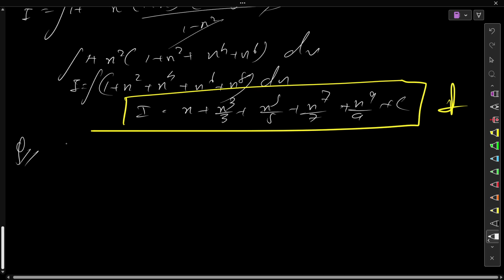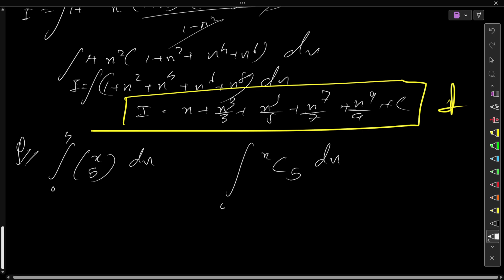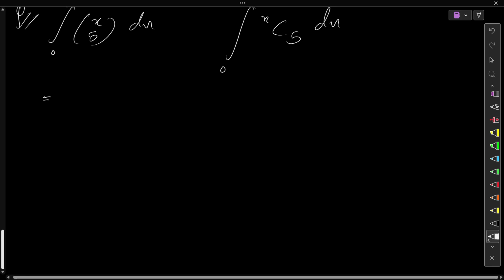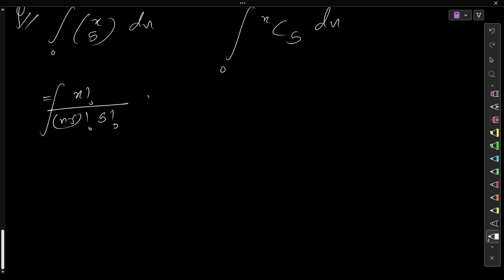Next question is to evaluate the integral from 0 to 4 of the combinatorial form x choose 5 dx. Okay, this is written as the integral of xC5 dx from 0 to 4. So using the combinatorial techniques, I can write it as x factorial by (x minus 5) factorial by 5 factorial integral with respect to dx. So this could be written as